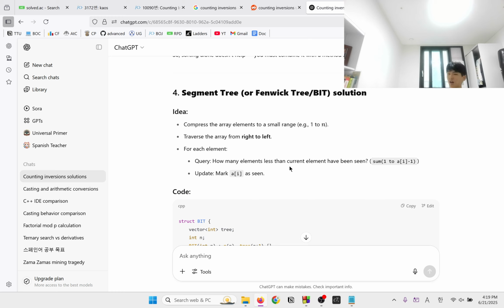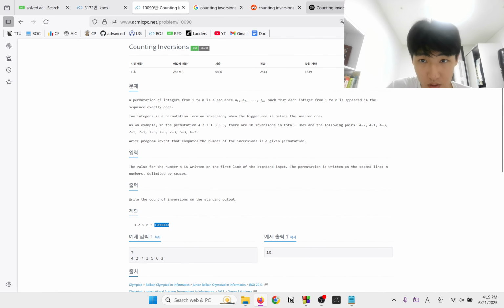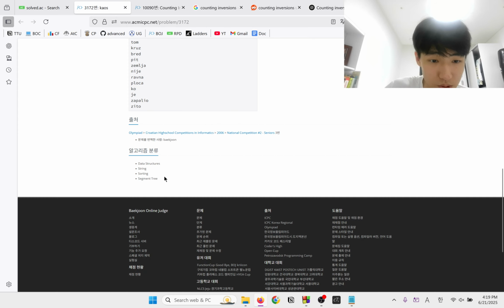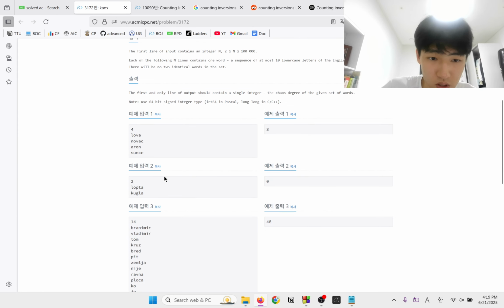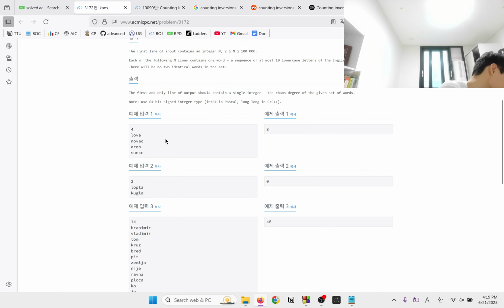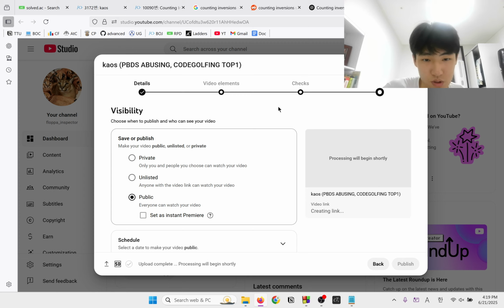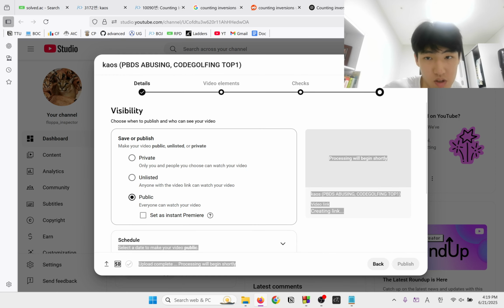As traversing, we add. What's the maximum number? Yeah, that makes sense. How do we implement the segment tree solution for this though? Like for this, it's easy because it's numbers, but for this, how do you use the segment tree? Not too sure. Bruh, what's going on here? Anyways.